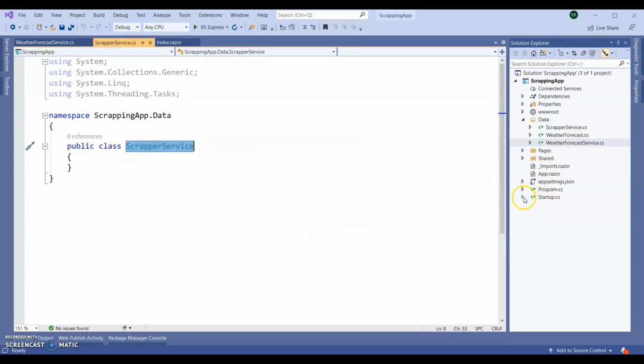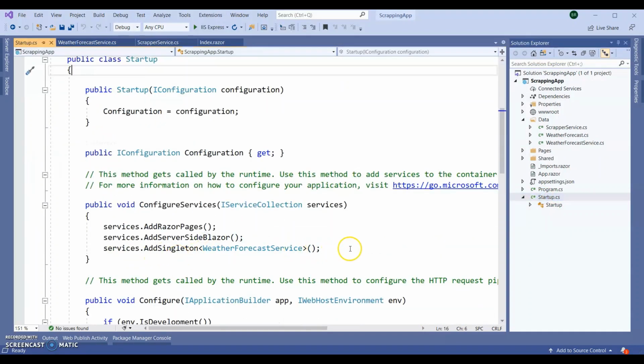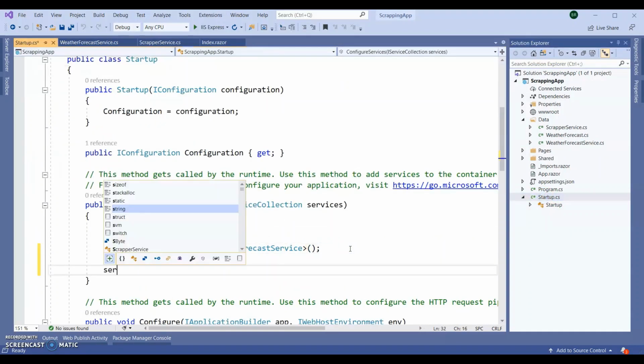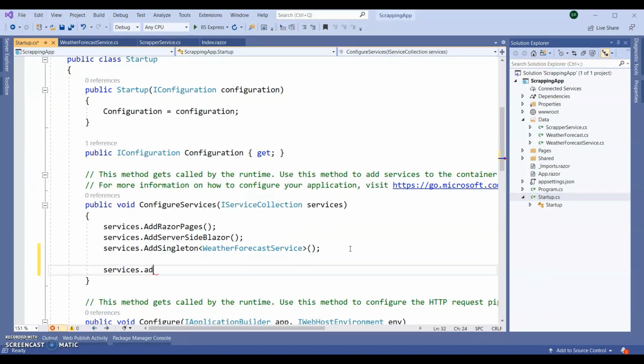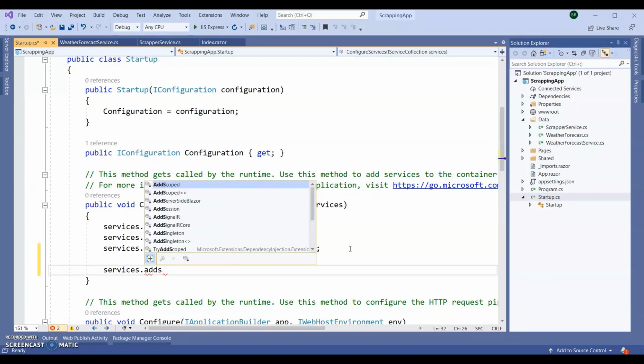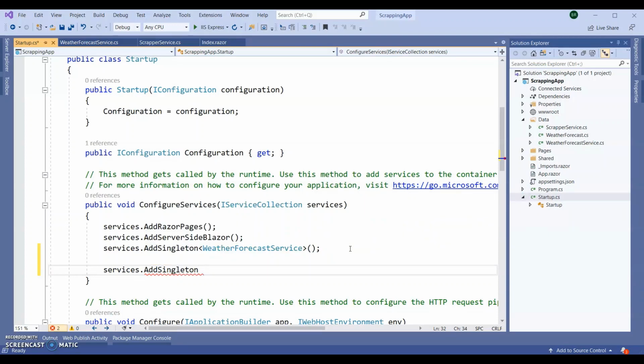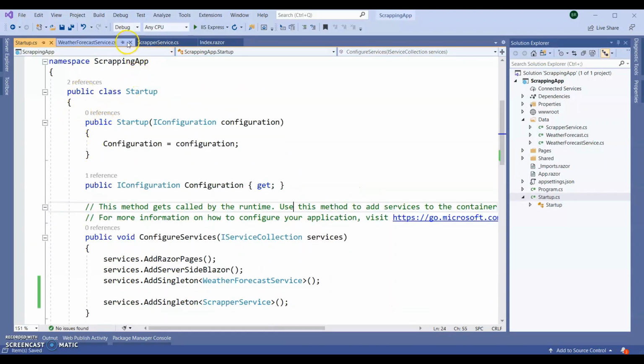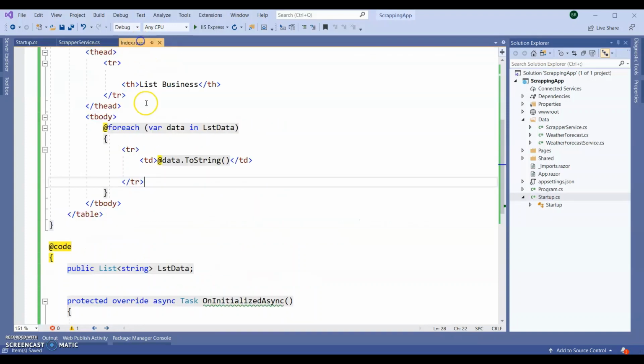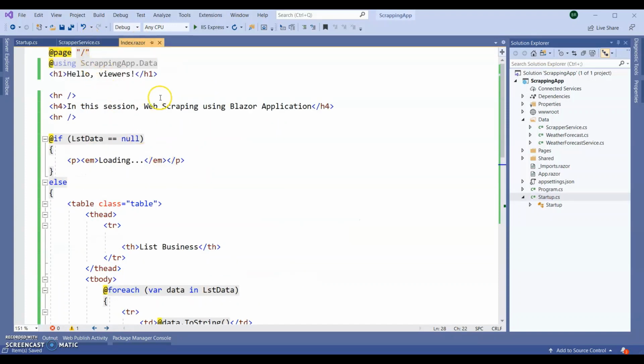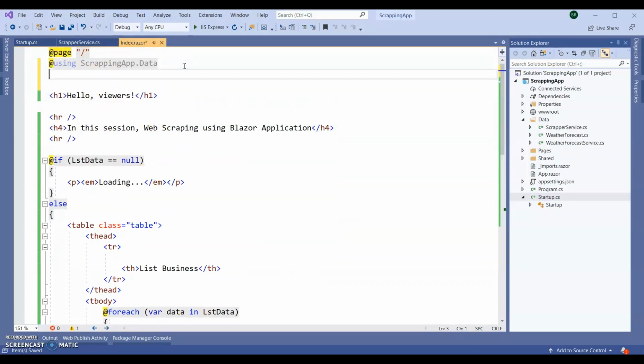Let's add this for our dependency injection in the startup.cs class. Register this service, services.AddSingleton. Okay. Inject this service.